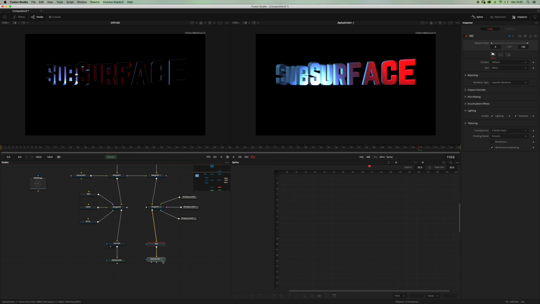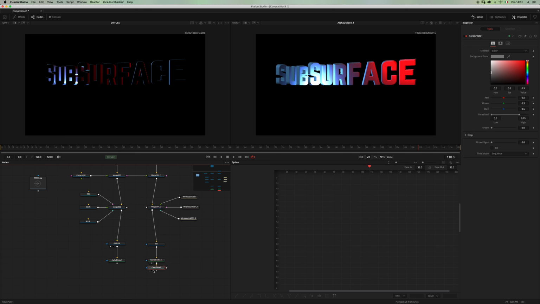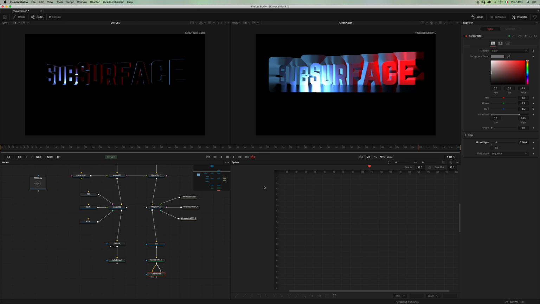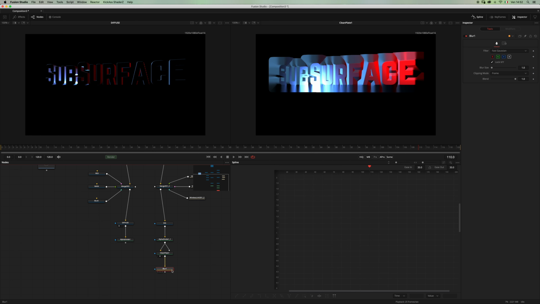Okay, so here what we want to do is to add a clean plate node and pipe the render in both the background, and this one is the garbage matte. Now let's move into the garbage matte here and click invert, view the clean plate, and all we have to do is to grow the edges. And now we have to add a blur node. Let's leave it as is,